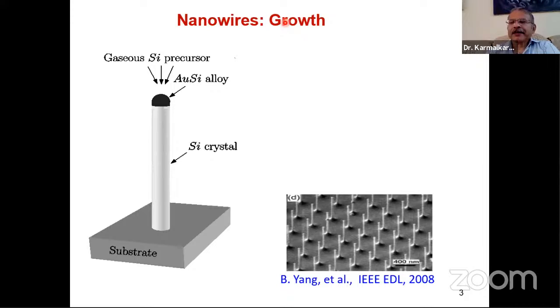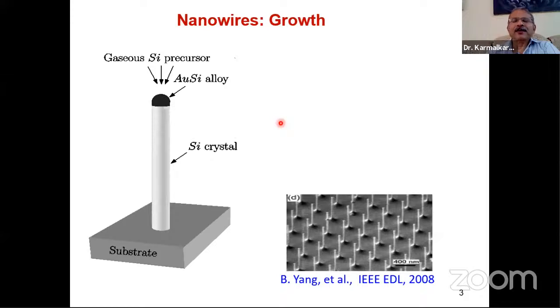Okay. Oh, you have to unmute. Bharat, you have to unmute. Okay, sir. The melting point of the device where it melts. It is a melting point. Melting point of what? Crystal, silicon. No. Silicon has a particular melting point and gold has a particular melting point. But wherever gold meets silicon, at that interface, the melting point of that interface is much lower than the melting point of gold or the melting point of silicon. This is a very important property.